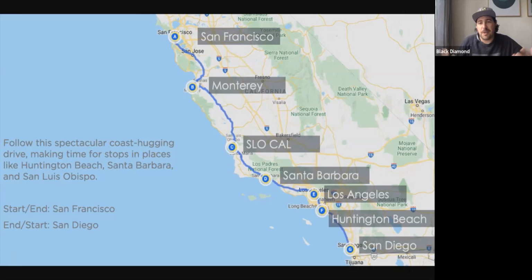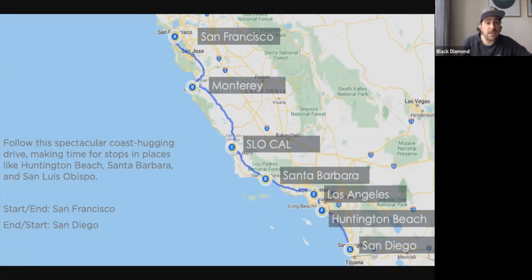What I love about a road trip is there's no right or wrong way to do it. It's whatever your client wants, or whatever you feel like doing if you're doing it yourself. The reason most people tend to do San Francisco down is that you drive on the right side of the road in the US, or the wrong side, as we would say. But coming down the coast gives you those unobstructed views. You're not looking across the traffic, so you're really getting a good view of the coastline.